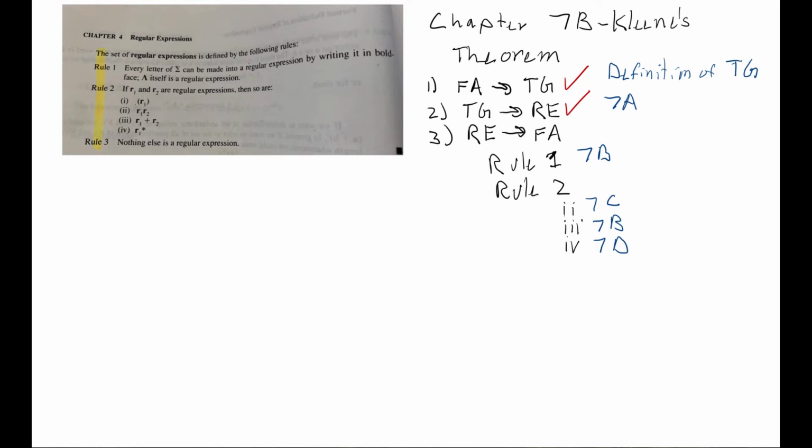And if you notice, either the null word or a letter by itself is a regular expression. So we need to show that we can create finite automatas that accept the null word or just a letter. After we do that, when you create a regular expression, you have to apply one of these rules right here. Now the parentheses are just for ordering